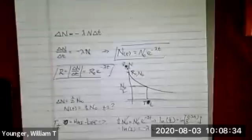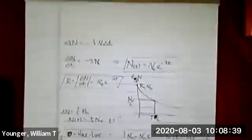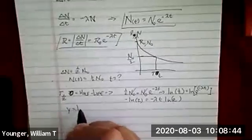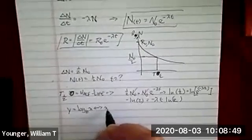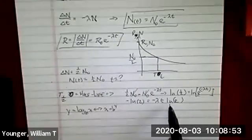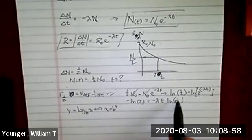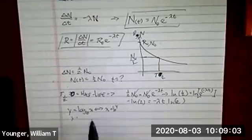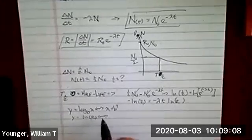Now the ln of e means, remember, here's the rule that'll help you for just about everything when you're dealing with logarithms and exponents. y equals log base b of x implies x equals b to the y. So right here, I've got a log base e. That's what the b would be in the case of the ln. Its base is e. So really, when I say y equals ln of e, I am writing the equivalent of